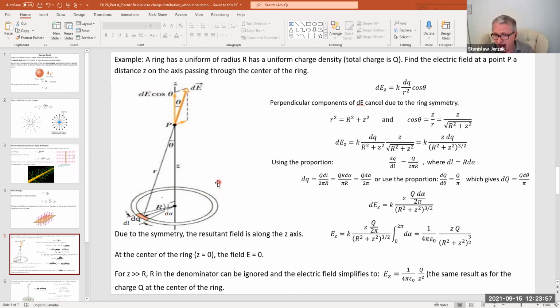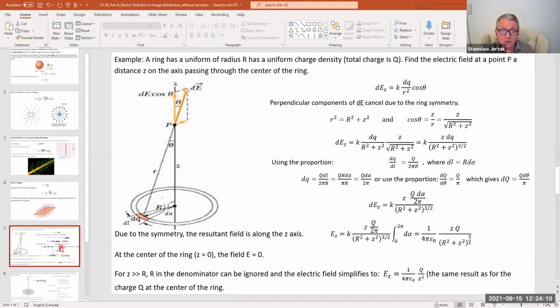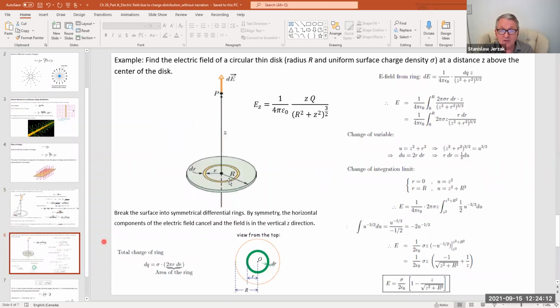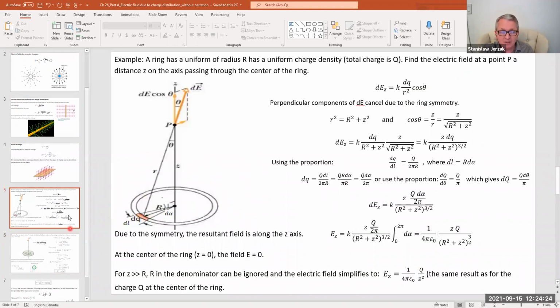But in the next lecture, we will calculate the electric field due to a ring of charge, and then we will calculate the electric field produced by a disk of charge. This calculation will be relatively complicated as well, for the disk in particular, but that will be done on Wednesday,